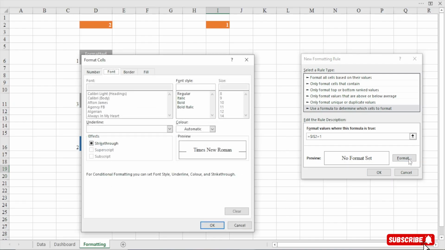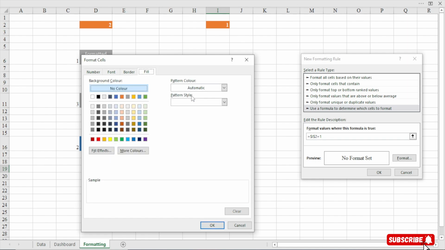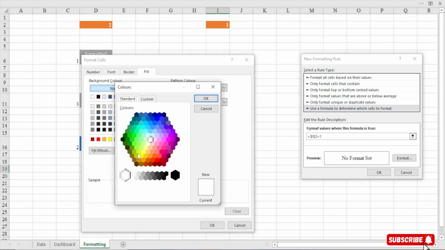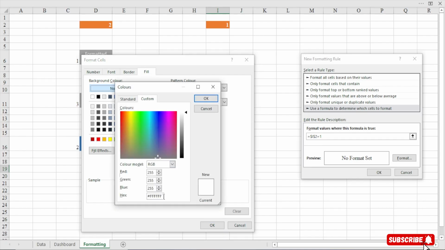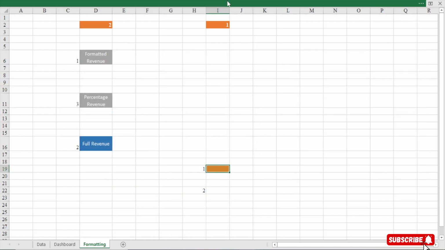So if it is equal to one, then it means it is top, right? It means it is top. So the font style is going to be regular. Okay, we don't want the font, we just need the fill, right? First, let me say no border. And then the fill, you go to more colors. We use our top color, right? So the top color is what? D2832C, right? There's the top color. You see okay, then you see okay. Because this is one, you see the color.